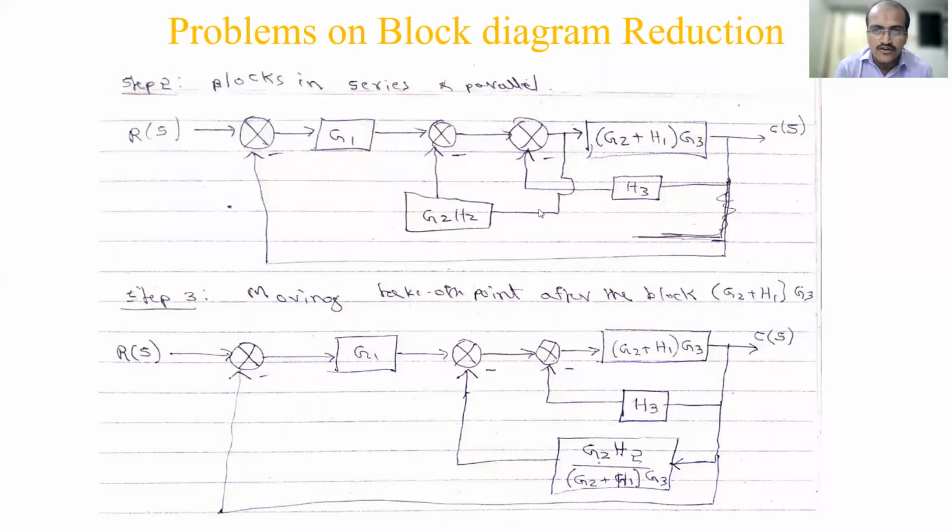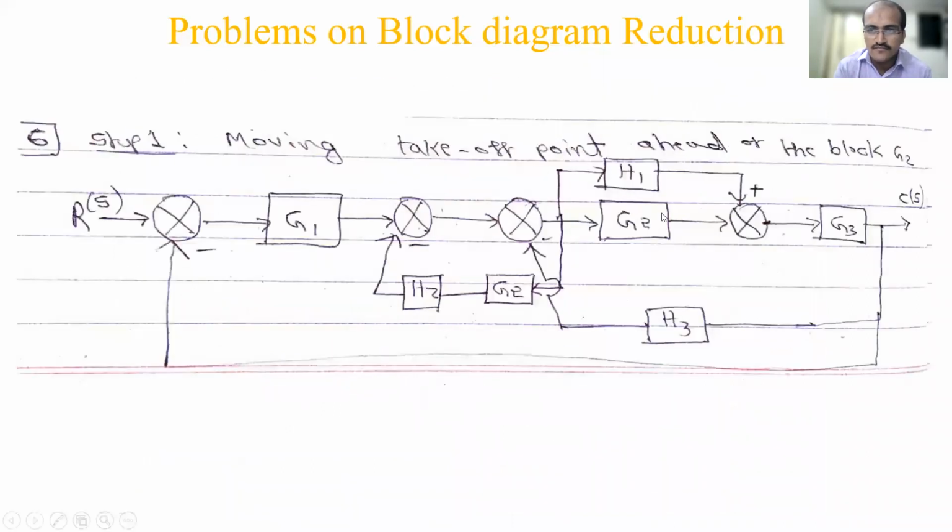Because again I have to write the block diagram now, it will consume time. What happens here is when I take this as parallel, G2 and H1 parallel, so it is G2 plus H1 that will come, and this block is in series with G3 here. So directly both I have clubbed in a single step. Otherwise I have to do this, and next time again I have to write the block. So it is consuming time. That's why it can be done.